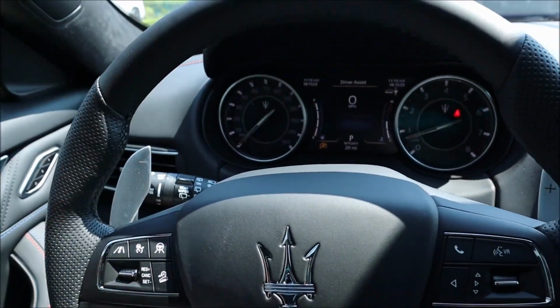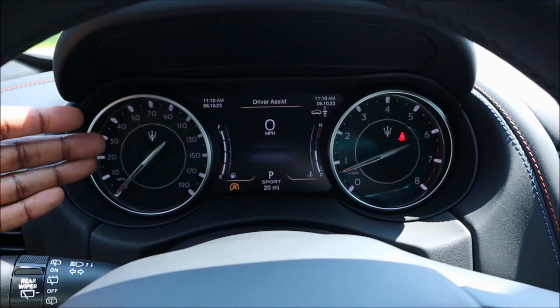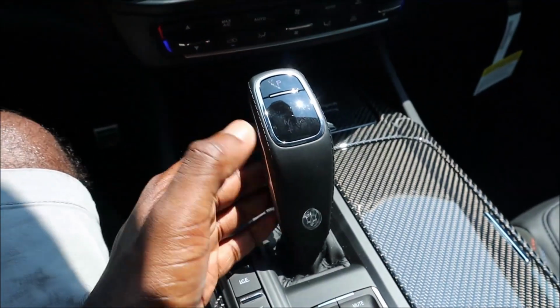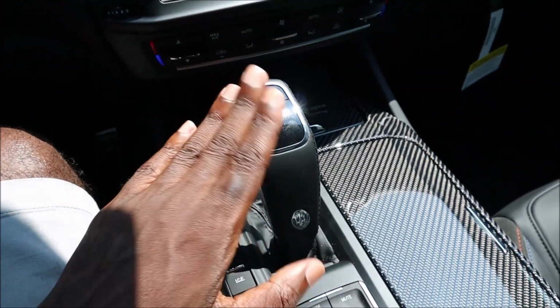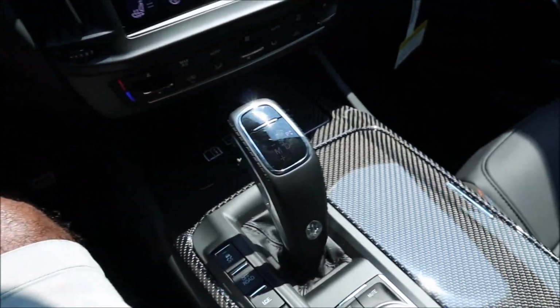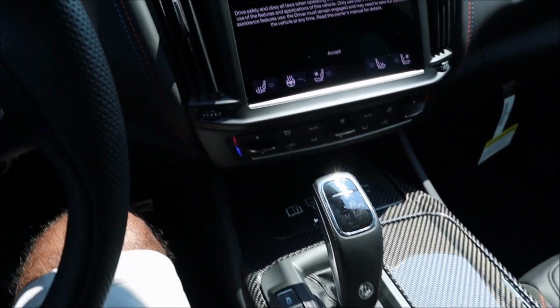And some people like the older style anyway. Some people like regular analog gauges over digital. Some people like having their gear selector. I actually had a person, and I think I've already posted this video. If this video is out, I might have already posted this video, but somebody got into a Grecale, older gentleman,